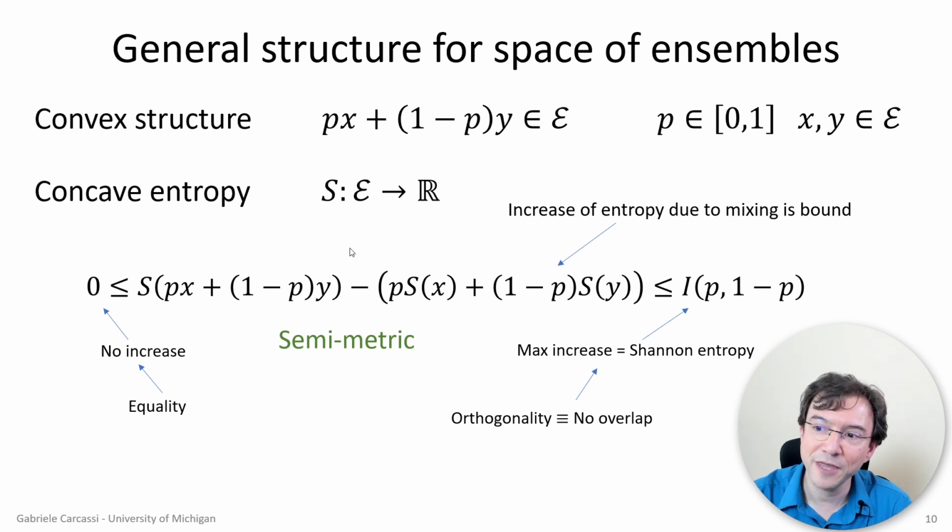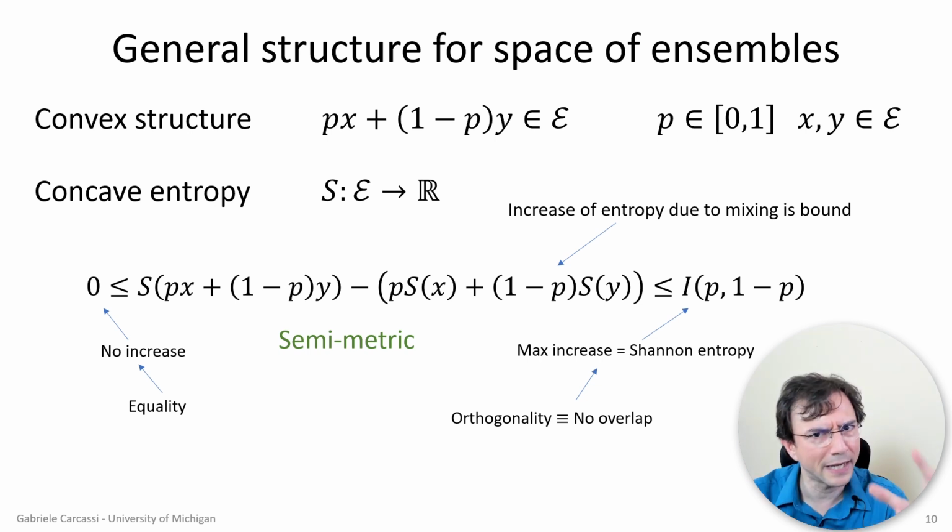But then if you make the infinitesimal version of this, what you find is that you can recover the Fisher information metric for both classical mechanics and quantum mechanics. So the point is that these are very nice definitions that map directly, very closely to things that we already have in classical mechanics, quantum mechanics, information theory, and allows you to make a lot of links. Okay, so we have this space of ensembles.